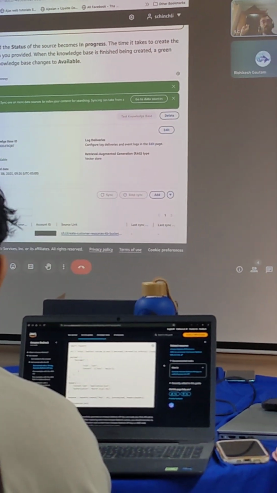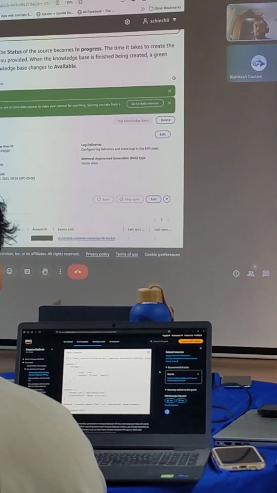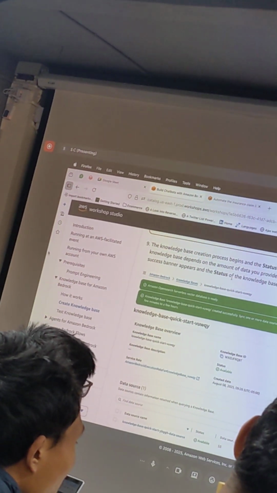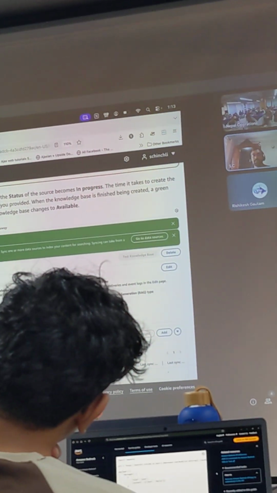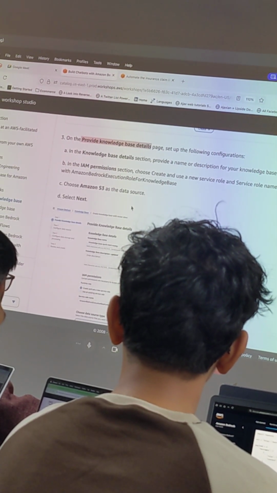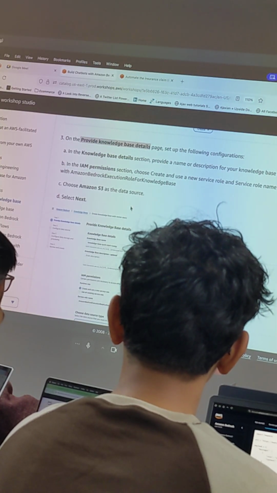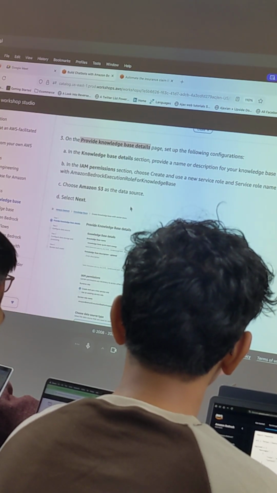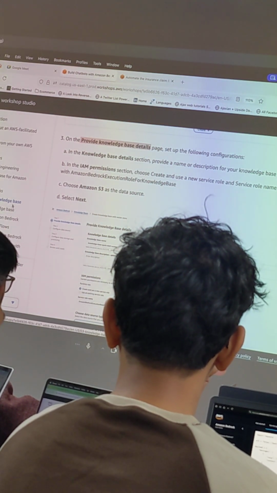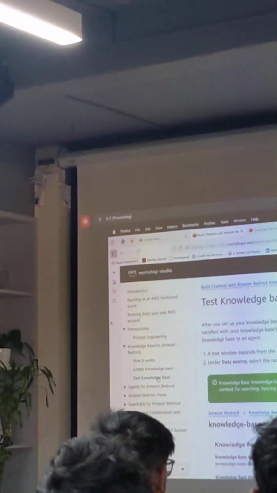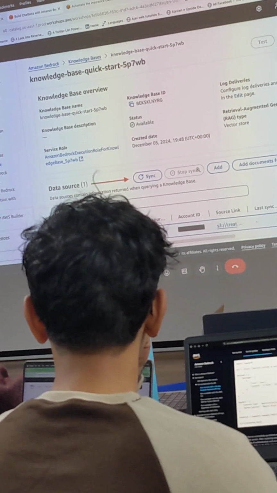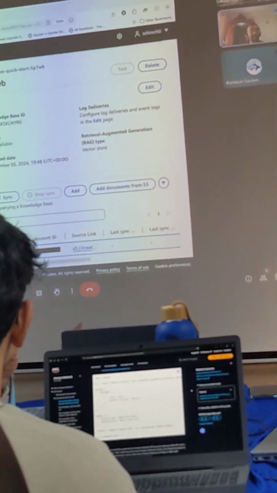Okay? You have all the permissions to do this task, everyone. Remember that. If you're getting any error, you'll have to understand you're doing something wrong or you're missing something. Go back 1 or 2 steps up, check, hey, I was able to do it till here, and verify. Okay? Fine? Seek help from the volunteers, try creating a knowledge base, and test it out. Cool? How to test? It's all given over here. I did talk about agents, I did talk about